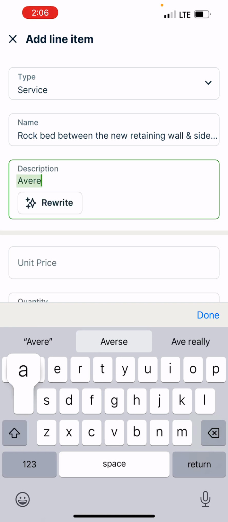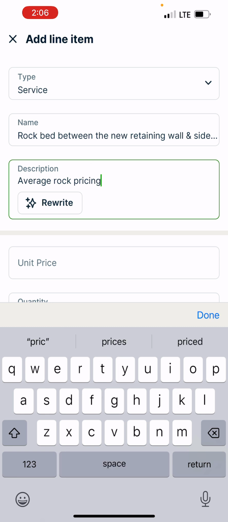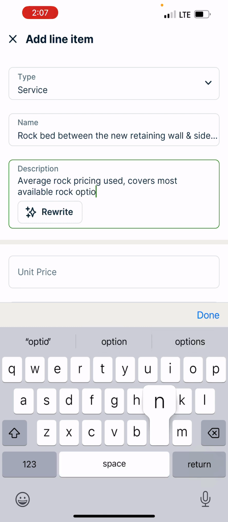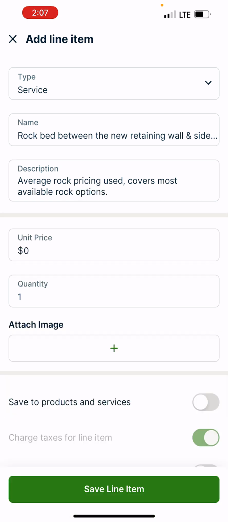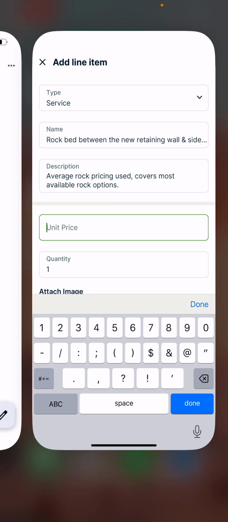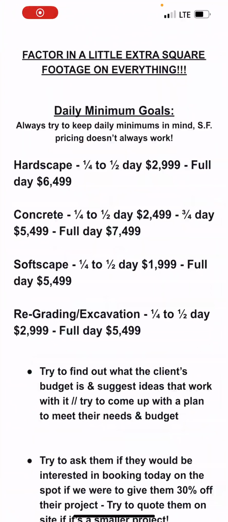Could put in here average rock pricing used, which covers most available rock options, unless you already talked with the client on the type of rock that they want. So again, you're going to take your materials, labor, all your costs associated with this line item, multiply it by 2 to get your price for the line item, and then double check that price against our square footage price and our crew pricing. So if you go back to the pricing guide here,